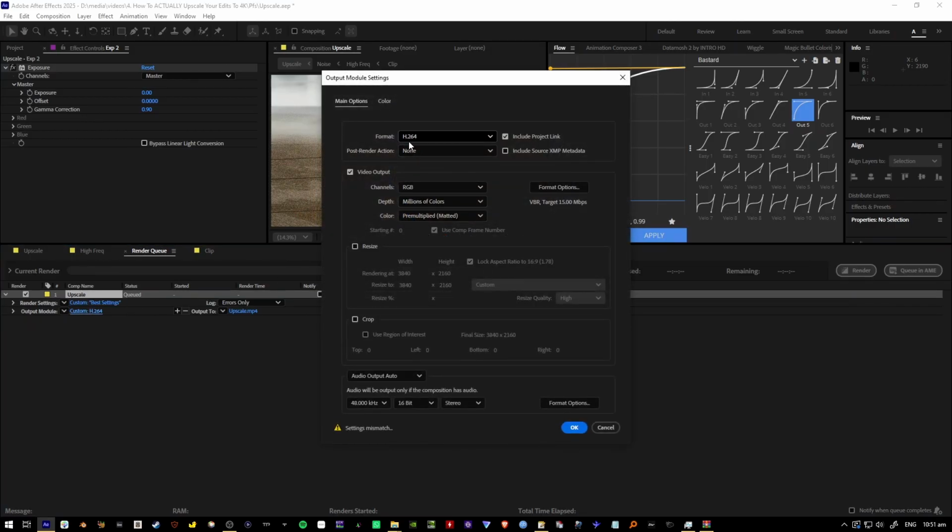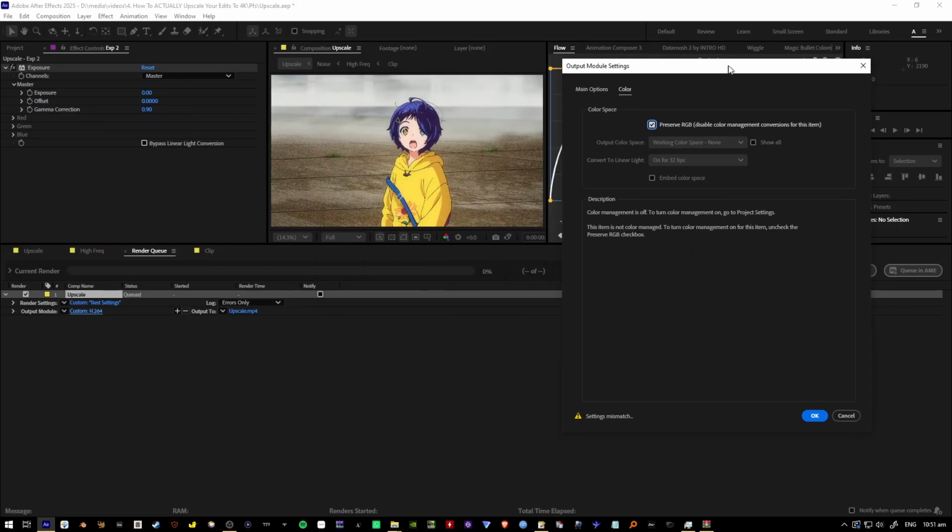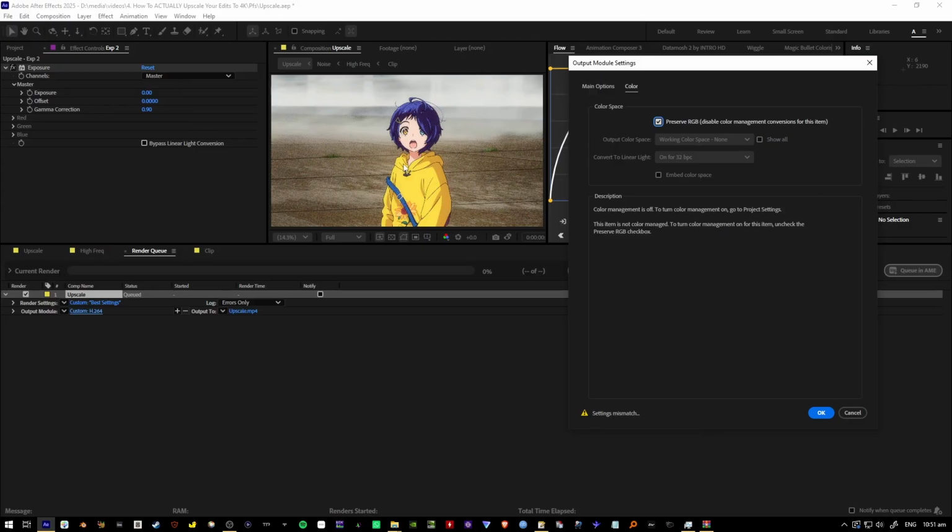Go to output module, set this to AVI. AVI is basically completely uncompressed frame by frame data straight out of After Effects. No processing done to the file. You're also going to want to go to color and then make sure this is selected. This is going to make sure that the colors you see in the preview are going to stay the same